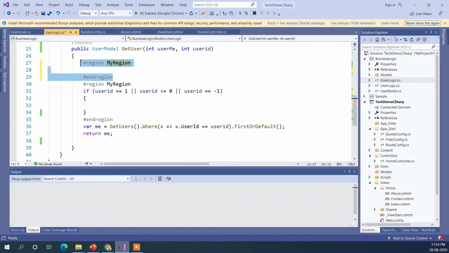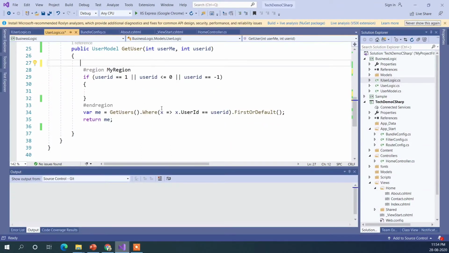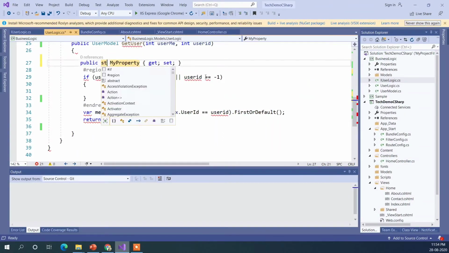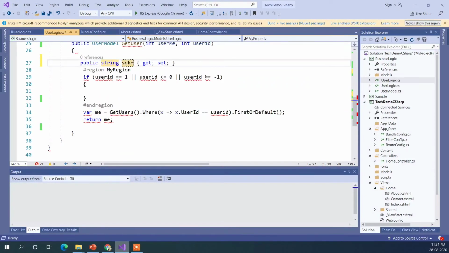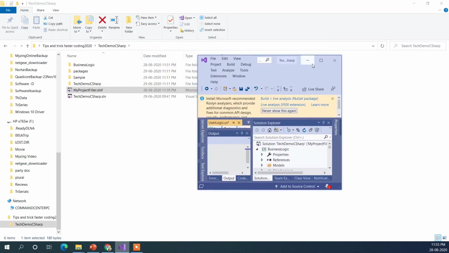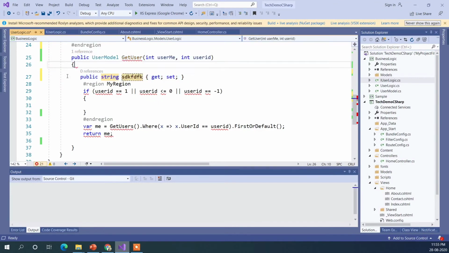So these are different types of snippets we can use. We can also use property. It will just add a property, and we can use string and add the property name in it. So these are some cool things we can do with that.